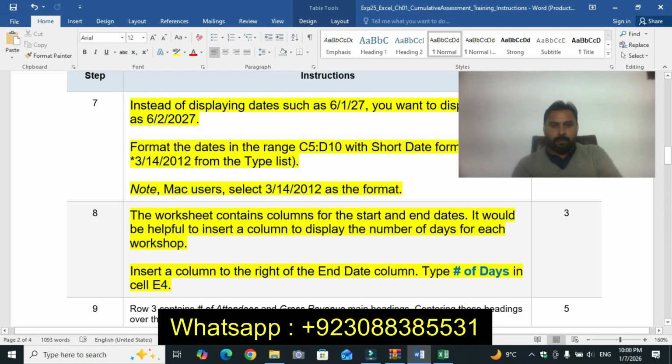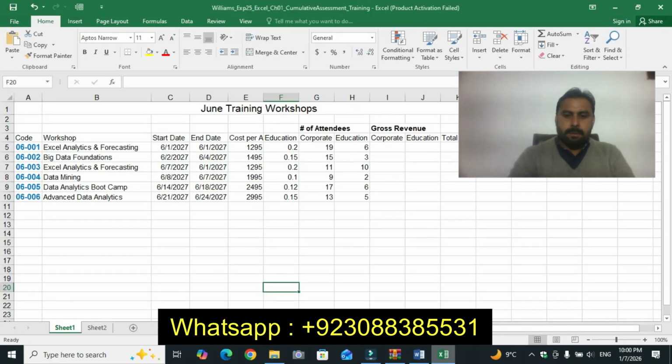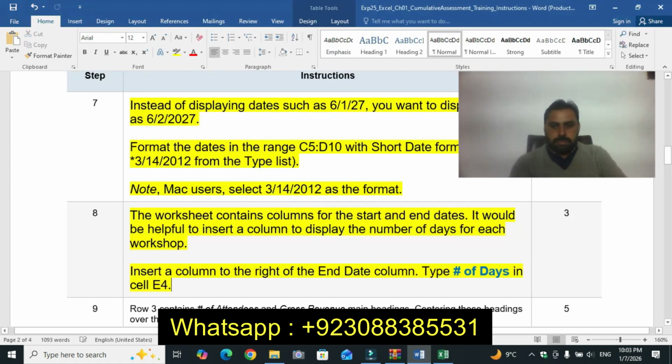Insert a column to the right of the end date column, and type in E4.